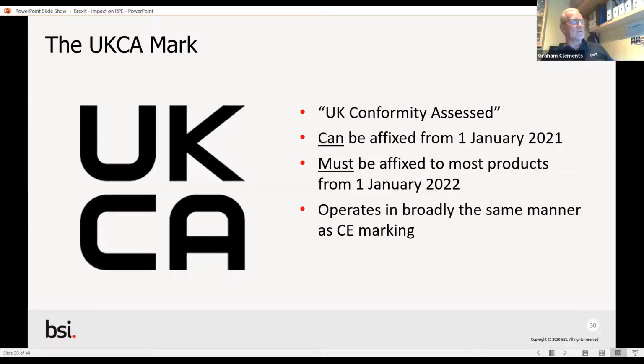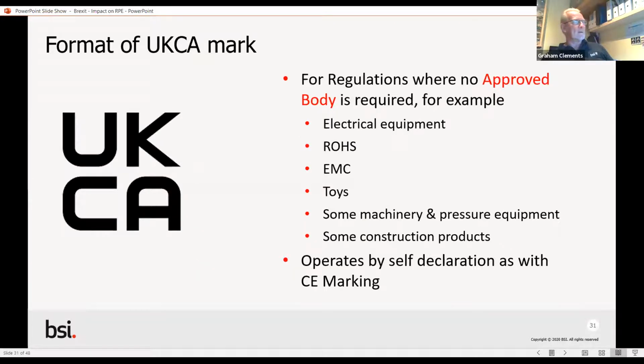Operates in the same manner as CE marking, as we've seen. For regulations where there is no approved body, for example, we talked about EMC earlier, we've got RoHS, we've got toys, some simple construction products, some simple machinery and small pressure equipment and electrical equipment. So where it was self-declaration before, it's still self-declaration